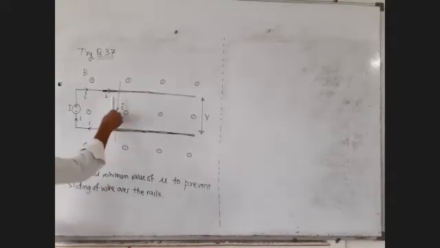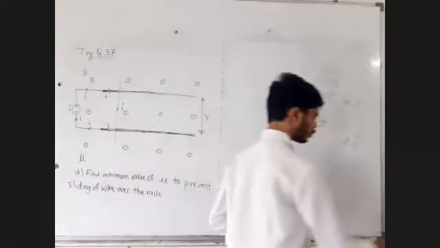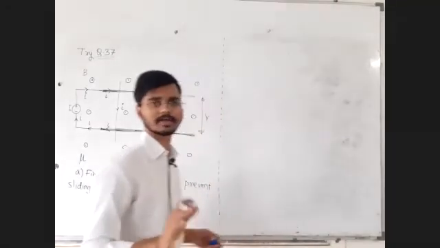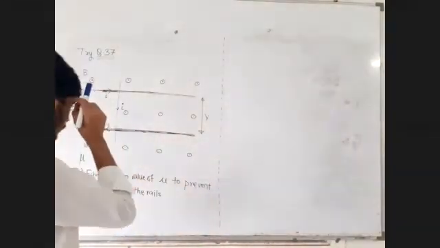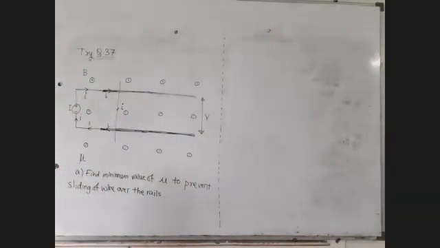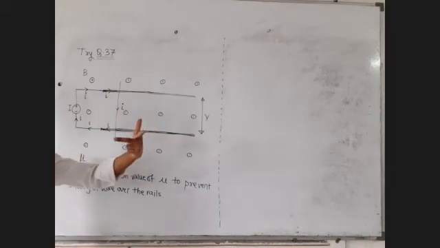If the length and magnetic field are perpendicular to each other, in that case there is no need to use the cross product L bar cross B bar. In such a case, use Fleming's left hand rule. Okay sir. Here we can apply Fleming's left hand rule because the length of the conductor and the magnetic field are perpendicular. So do Fleming's left hand rule, everyone will do this.